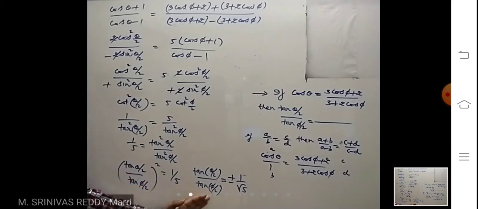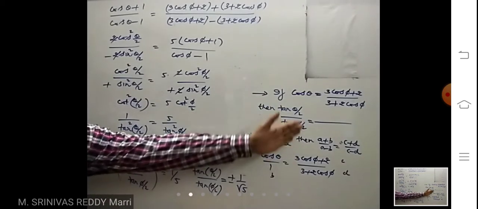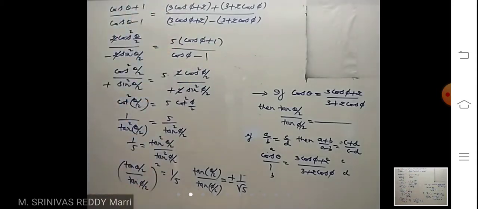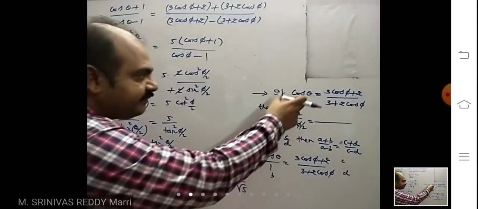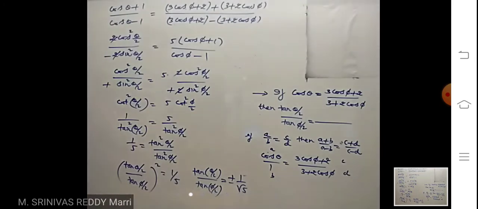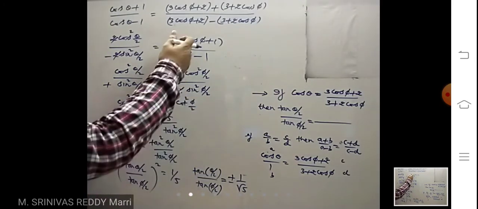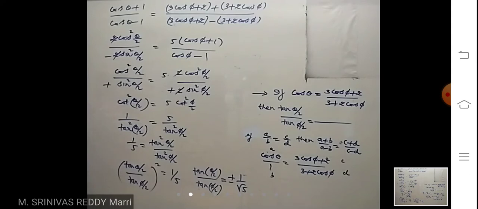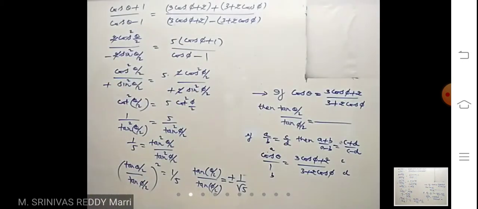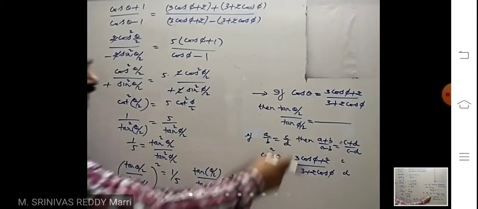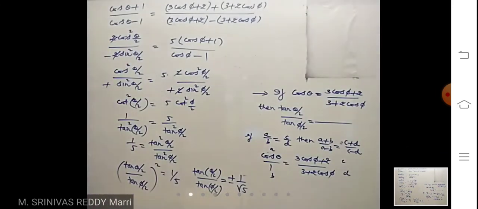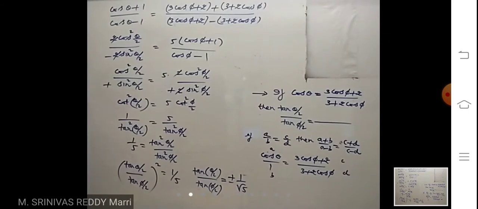This is one. The problem is tough, but going in a systematic manner, it will become easy. Nothing special is there here. Whenever a ratio is there, you apply componendo and dividendo. Then you get 1 plus cos A and 1 minus cos A, and for those formulas you write 2 cos square A by 2 and 2 sin square A by 2. A number of problems will be there on this model. Whenever cos theta and one combination is there, you write componendo and dividendo. These types of models you can easily do.